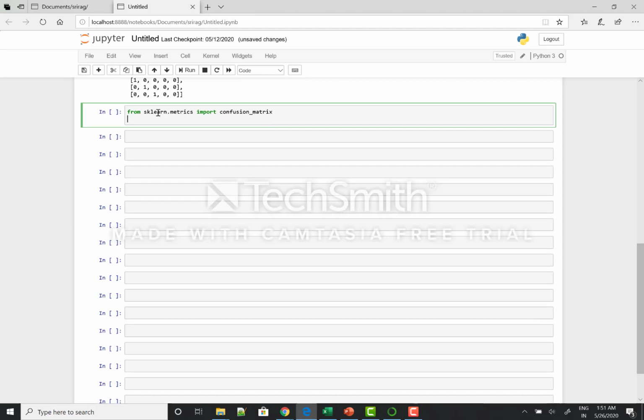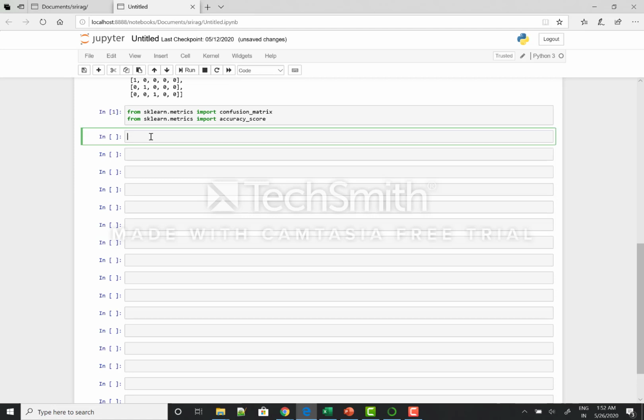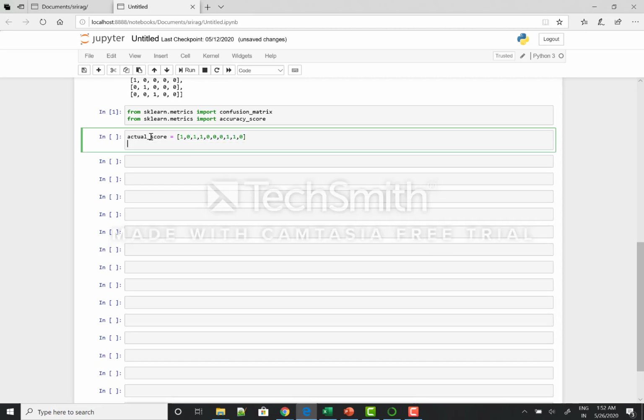And for the accuracy, I'll import accuracy score from sklearn itself. Now I'll take some actual values. So as we have seen in the PPT example, say I'll take a list of values 1 0 1 and the predicted values. See, the predicted values can be,